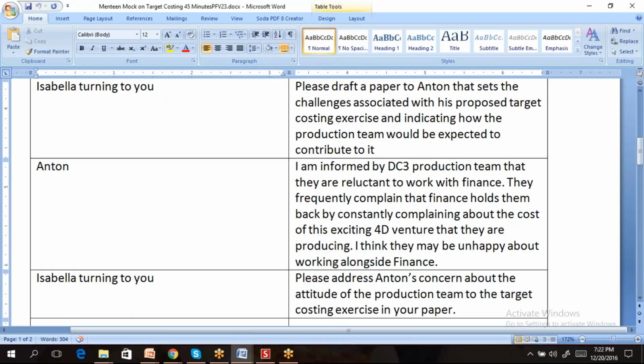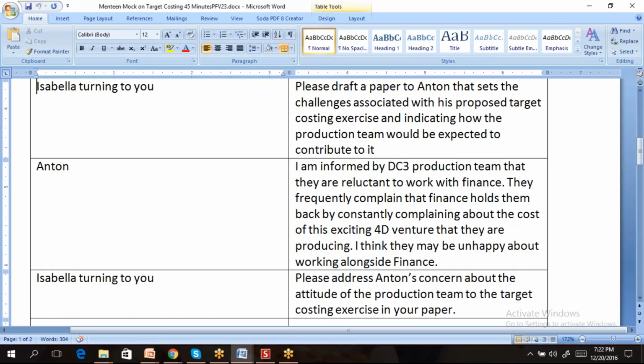And the film production people should be told in no uncertain terms that they must, just like what you said, produce a film that can be sold at a profit and which is going to maximize shareholder wealth. We are not here to provide an exciting environment to the production team to do any new innovations and for the shareholders to suffer a loss, because we are a listed company. We are a business. Our objective is to maximize shareholder wealth. So we are not here to bring excitement and give a kind of a learning school, a facility for the production people to spend money and